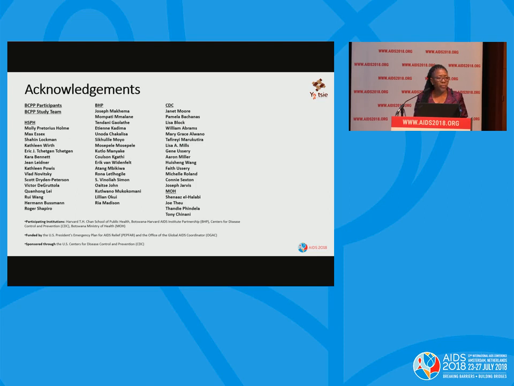During the fast track, we had systems in place to make sure that we track and trace our patients, so that they come back to the facilities for us to perform the viral load. If they are out of treatment for a few days, we bring them back quickly. So we had systems in place, unlike the standard of care that we had initially, because during the pre-fast track we were following more of the national guidelines and schedules.